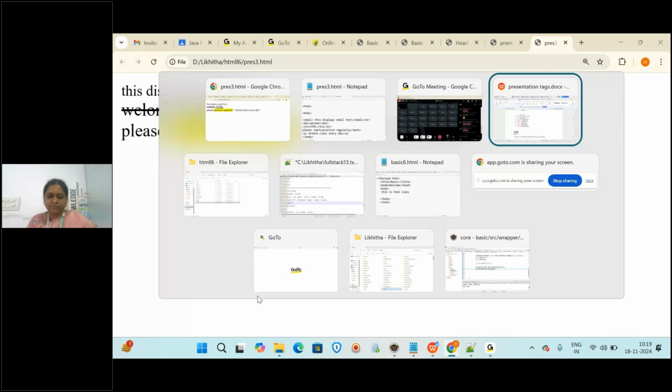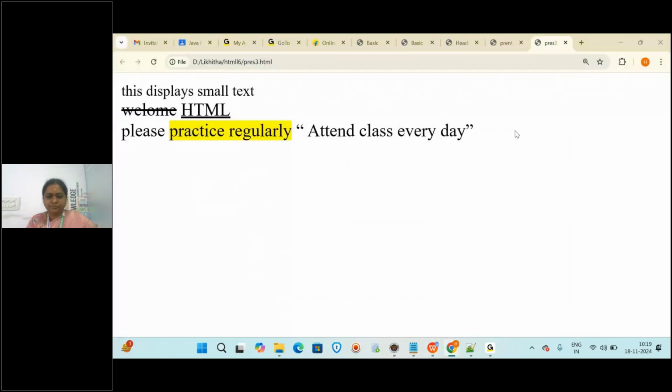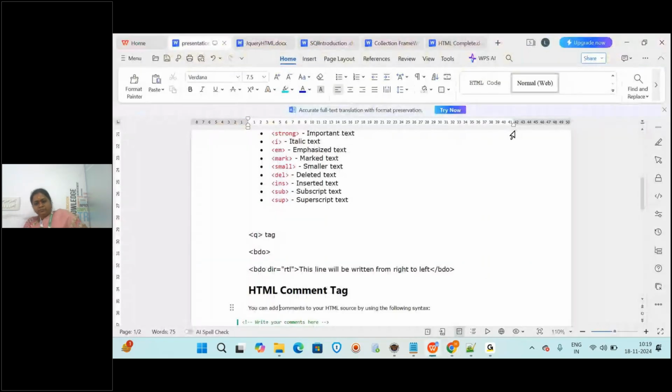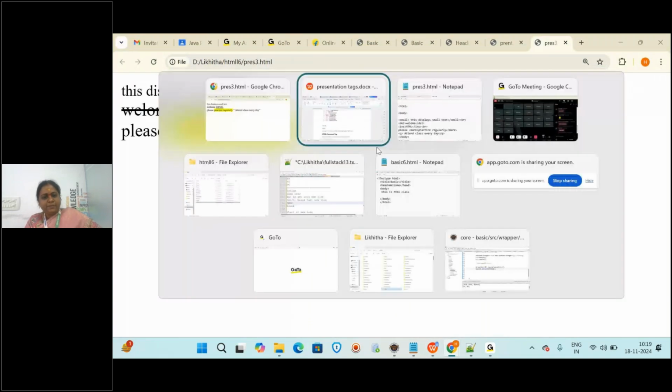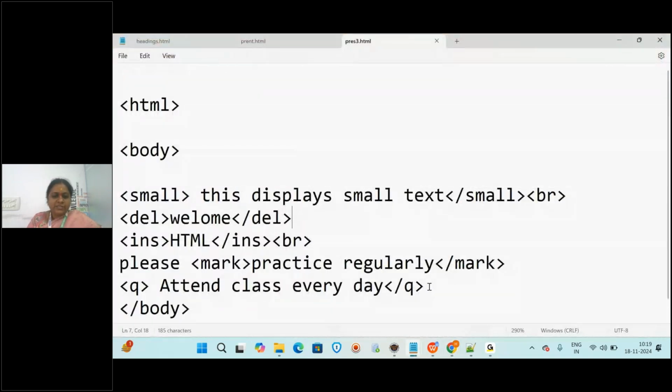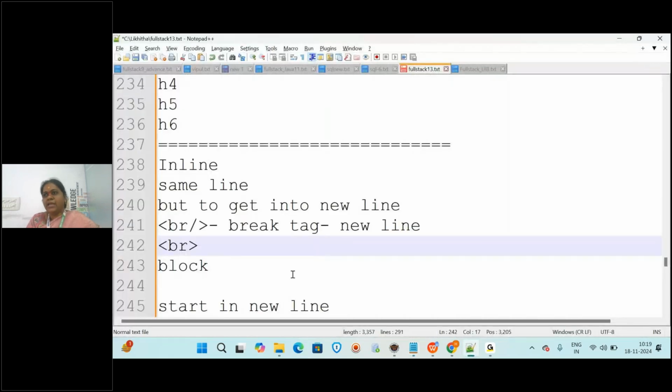And then we also have one more tag. Where is the notepad? Yes. So the Q tag is for quoted text. I will send this document today. From tomorrow you will be getting notes. For all the demo sessions, those who are attending newly did not get any document, no recordings.